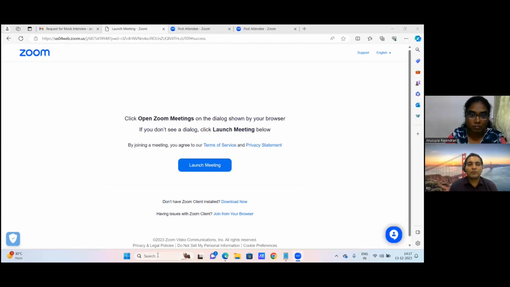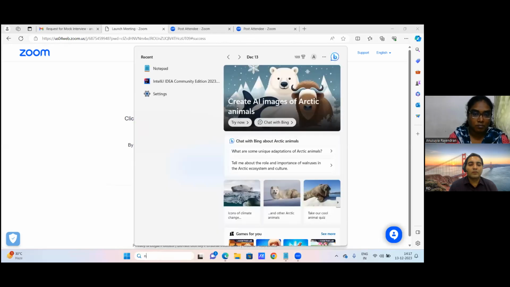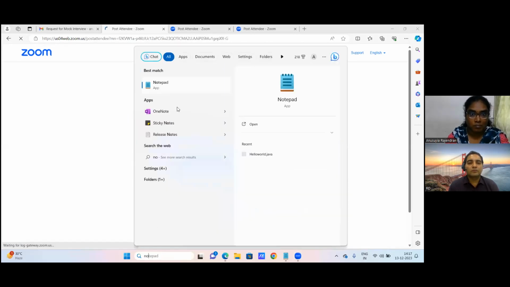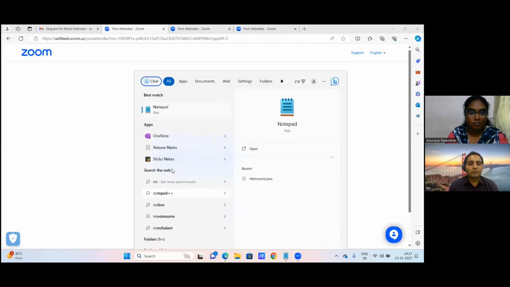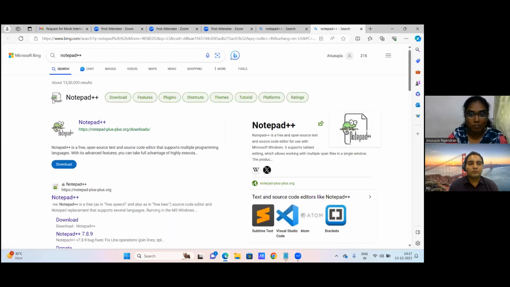Can you please click on the share screen button? Yeah. You can use Notepad. No issues.